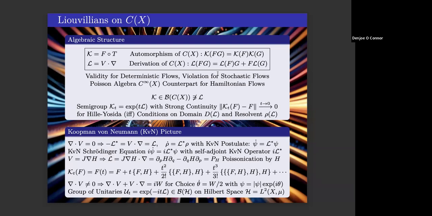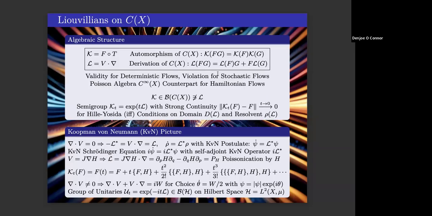The Liouvillian is in general not bounded. They are unbounded Lindbladians. Lindblad did it for bounded, but the generator could be unbounded. So again, if you go to the Koopman-von Neumann picture, if we have a divergence-free system, then we can